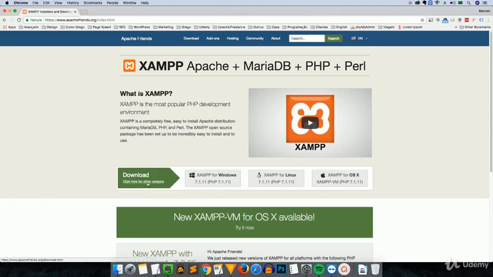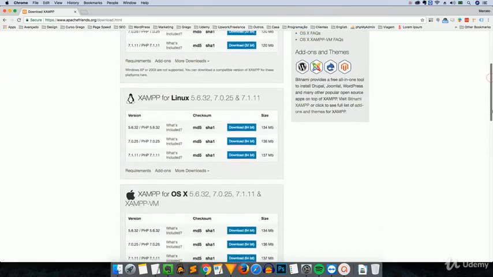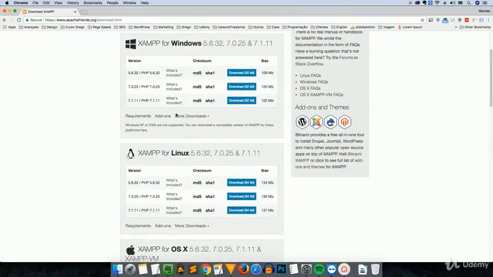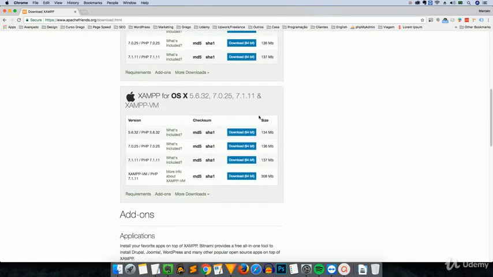I'm gonna click here and choose another version. Now scroll down to see all options for Mac. If you use another OS, you could also choose another version here on this page. Now I can choose between the PHP versions. As I want to use PHP 7, I can choose one of these options here. In my case, I'm not going to download the file again, as I have done this previously. I'm going to access my downloads folder,